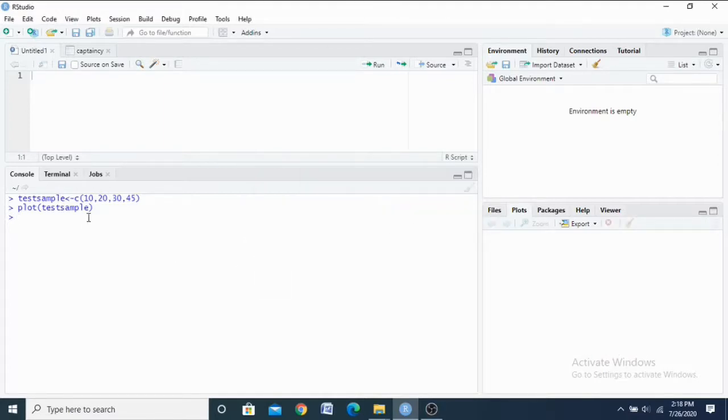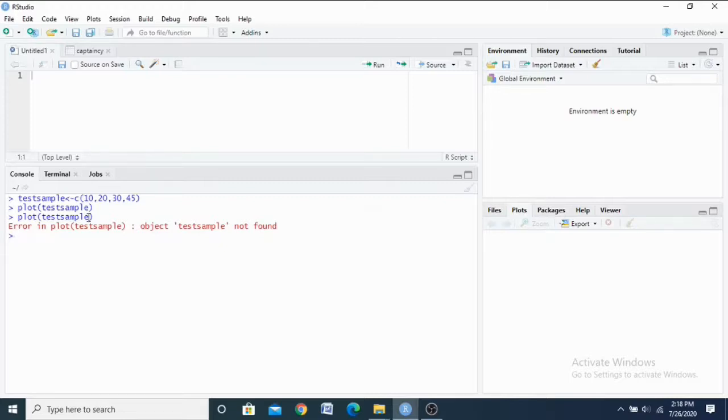Now I execute the above command. See what the output is now. Definitely you get an error, because there is no such value in the test sample.